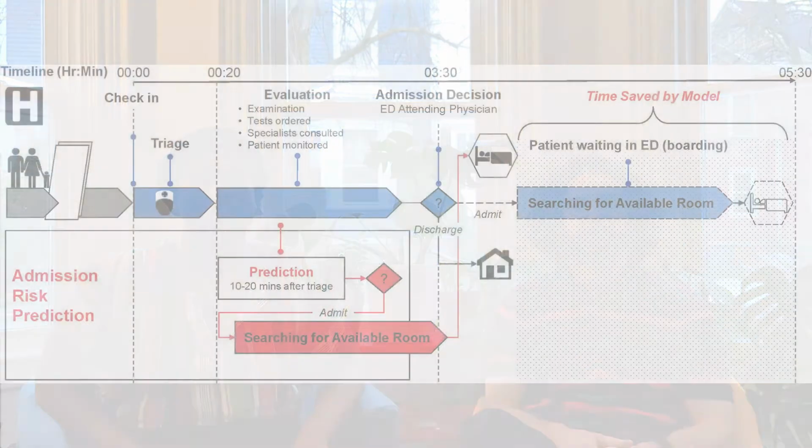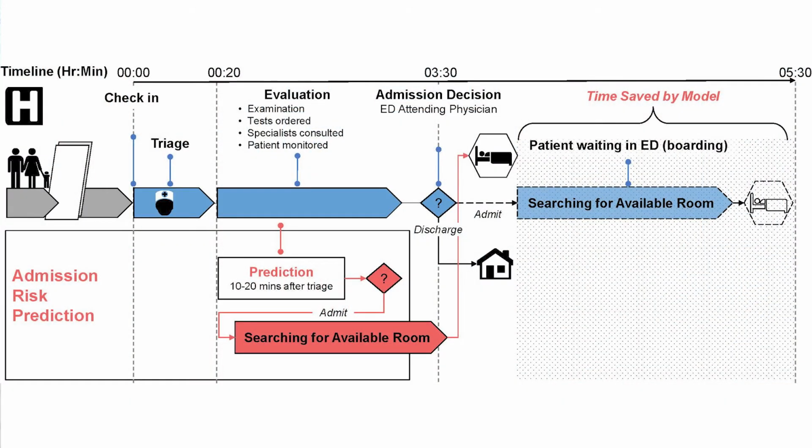We will demonstrate this now with a model for predicting admissions from the emergency department. This prediction task has particular relevance to allocating beds in a hospital setting. Many hospitals operate at or above bed capacity, and new admissions from emergency rooms are competing for a finite resource. Poor allocation can result in delayed treatment and potential harm to patients. Prediction models could be used to optimize this process by flagging patients with high likelihood of admission to begin the bed coordination process while the initial evaluation is being treated, thereby saving valuable time.